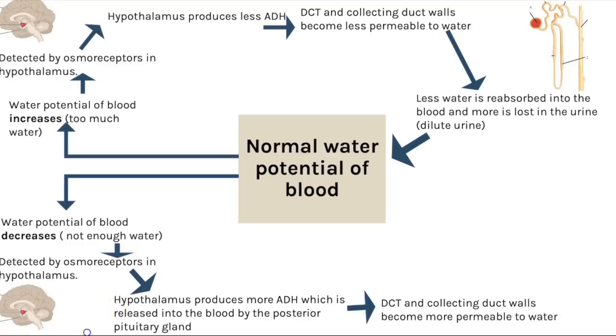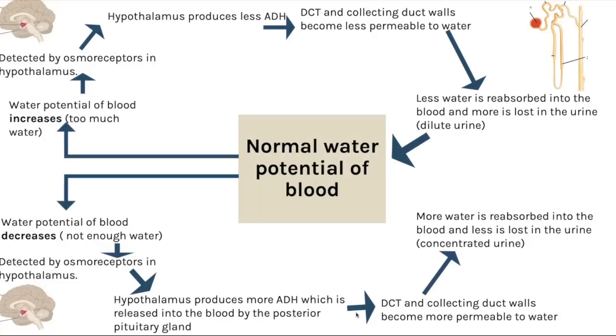posterior pituitary gland. That will then transport in the blood, bind to the receptors on the cells lining the distal convoluted tubule and the collecting duct, and that makes the walls more permeable to water. Therefore, more water is reabsorbed back into the blood, and as a result, there are lower or smaller volumes of urine, and it's more concentrated urine, and this results in the water potential of the blood returning into that normal